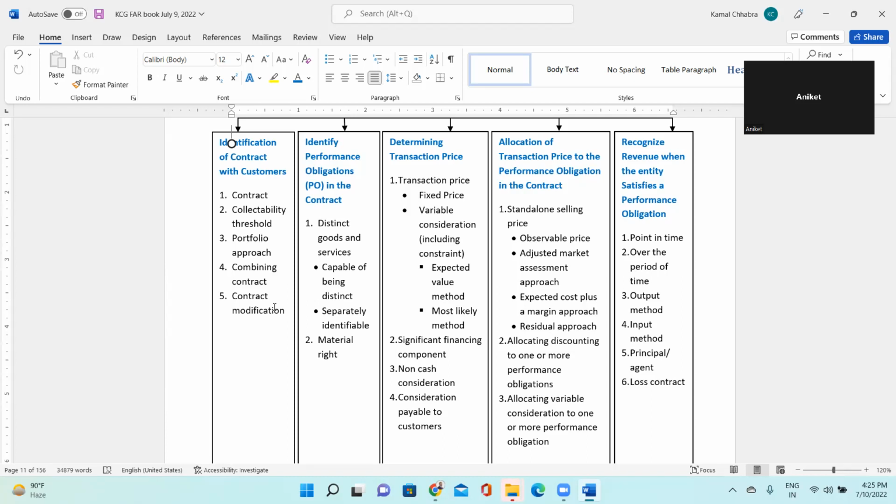So for those 3 items, you will be recognizing the revenue over the period of time. Okay. उतने period में आप 3 साल में उसको allocate करके revenue recognize करेंगे. Yes, absolutely true. But for hardware and backpack, as and when you have delivered to the customer, you are done with your performance obligation. Okay.